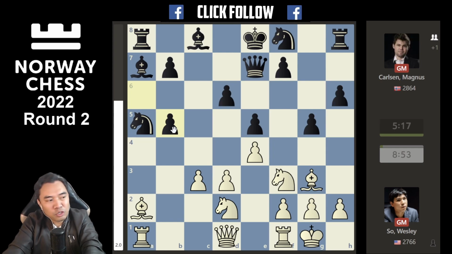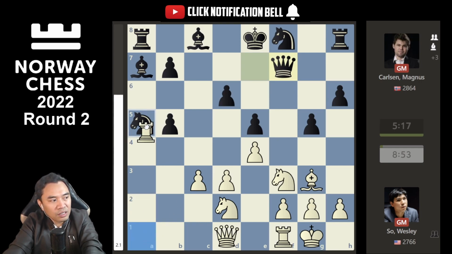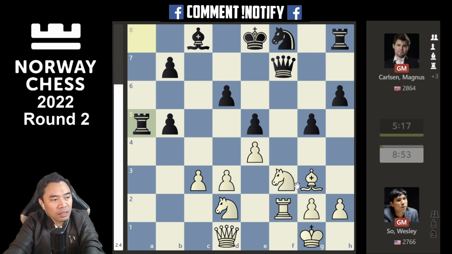Black has an extra pawn, but it's a weak pawn structure. And actually, white also has bishop takes f7, check, sacrifice, queen takes f7, then rook takes knight, so attacking the b5 also. And if black captures the f2 pawn with check, sacrifice, rook takes f2, then winning the rook, but not